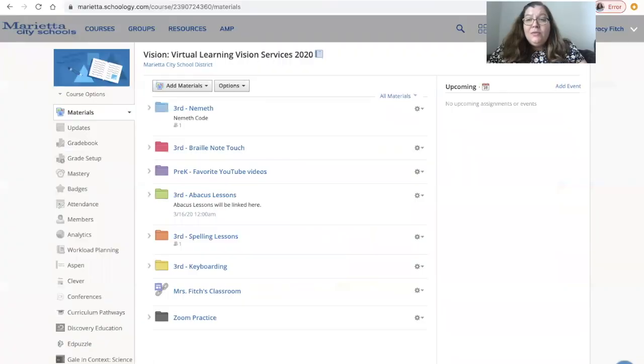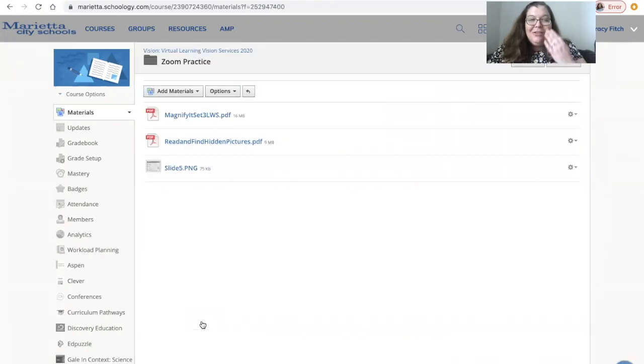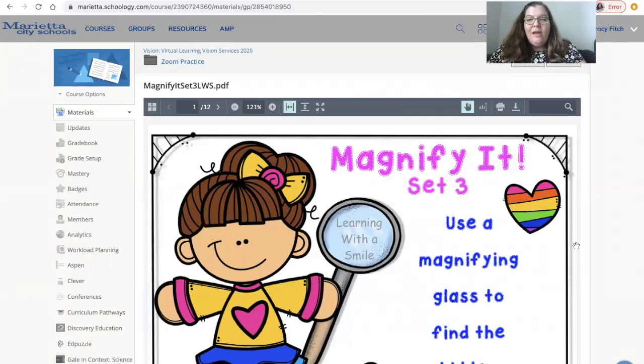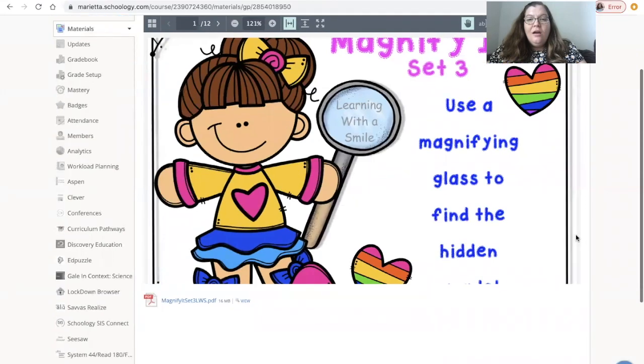When you are using information that you have uploaded into your Schoology page. So when you're on Schoology, I've created a little Zoom practice on my teacher page. All right, so when you open a document on Schoology that you have uploaded for the students, and you're viewing it in this mode, okay, directly on the Schoology page,